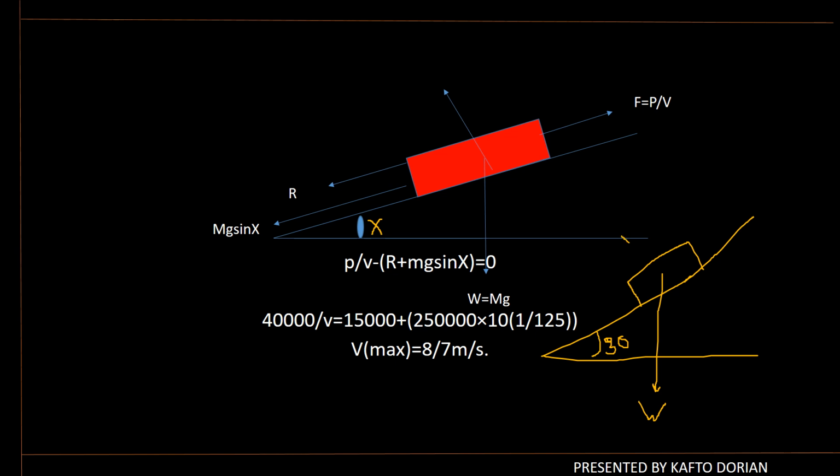The normal resistance R, or you can present it as N. Voila. So if here is 30 degrees, you should take note that this triangle is a right angle triangle, so